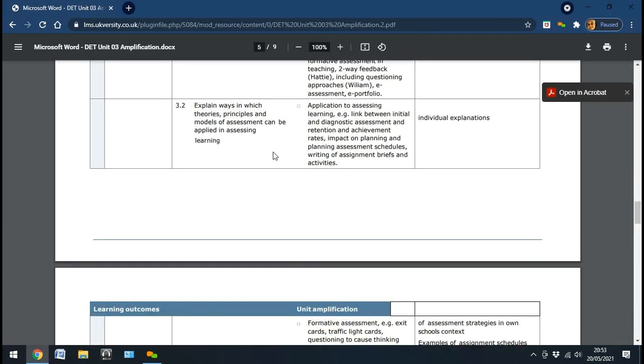And the second part is exactly that, the other one, explaining ways in which those theories and principles or models of assessment can be used in assessing and learning. And there will be types of assessment that will match pretty much what you do. Most schools and colleges use a range of assessment models, but particular courses lend themselves to particular types of assessment. For instance, in very practical tasks, it's sometimes much easier to actually observe that, the assessor to observe the whole task